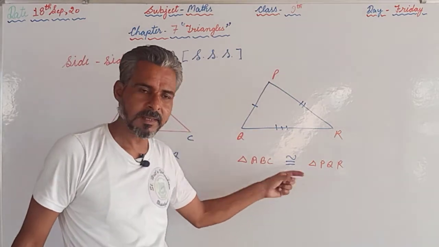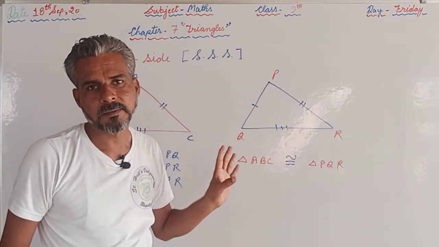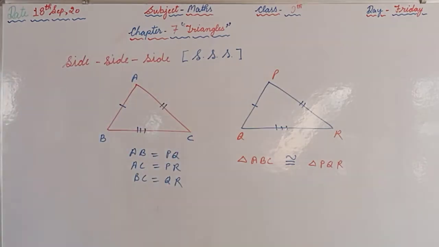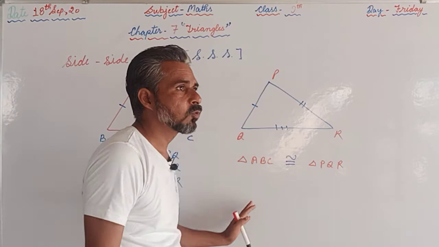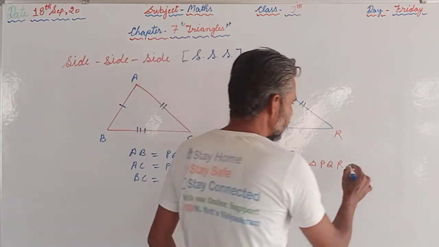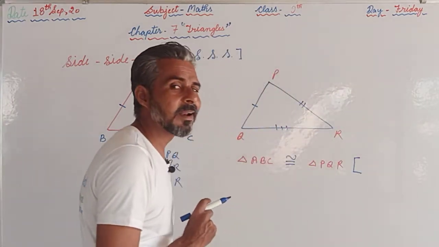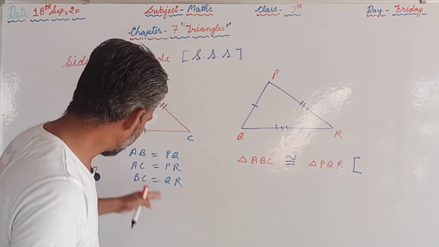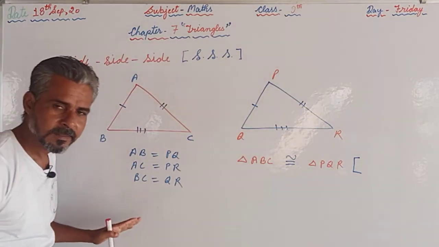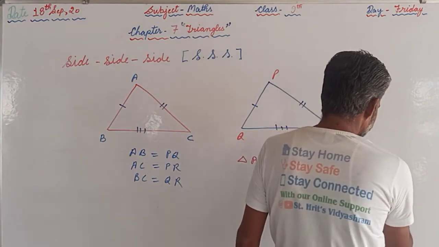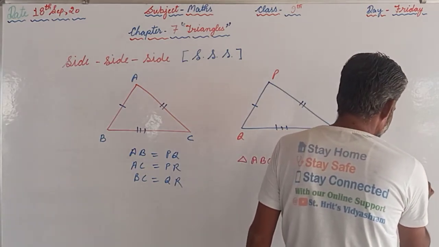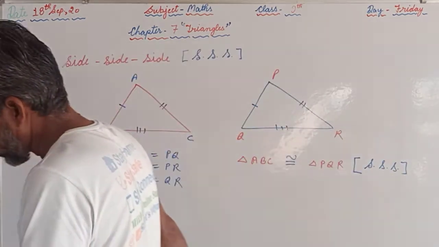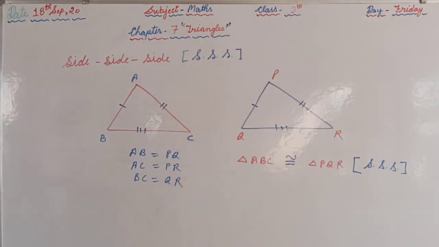Two horizontal lines, then one curly line. So that is the sign of congruency. So like this we can write. When we are saying that these two triangles are congruent, then afterwards we are supposed to mention here the criteria. By which criteria? We have used here the side, side, side criteria. So we will mention here side, side, side criteria. Like this we are supposed to proceed.